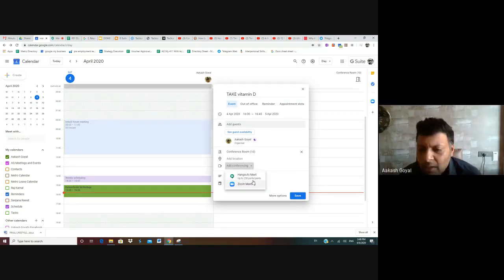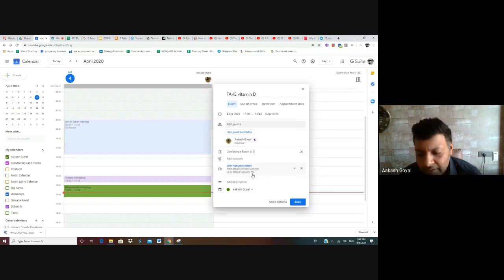If I click here, I've also configured Zoom in this, so I can add a Zoom meeting link or Hangouts Meet link. This link is added here, and once the invite goes and you click on this meet.google.com/BRU-UNNR-CRP, you will come to that meeting room.